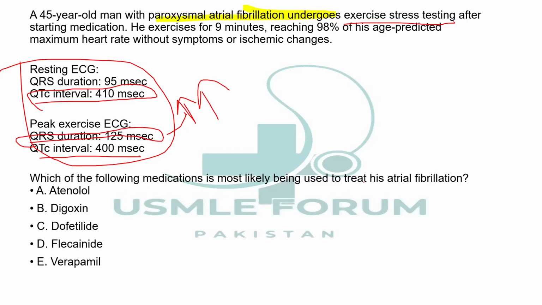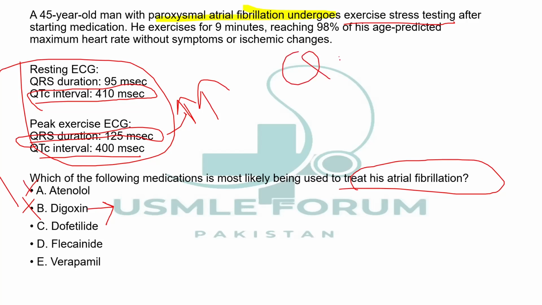So they're asking again, what pharmacologic agent used to treat AFib is increasing the QRS duration? Digoxin will not do that because digoxin is not an antiarrhythmic agent, right? Atenolol is a beta blocker, so it has no QRS widening. Let me explain a simple concept. QRS widening depends on sodium channel blockers,